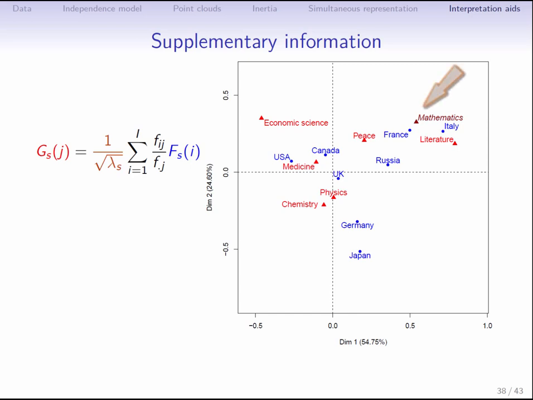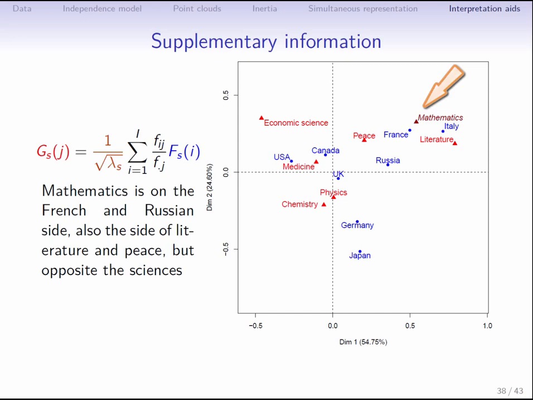We see in the plot that mathematics is located next to the Nobel Prizes for Peace and Literature. Does this hint at the underlying connections between mathematics and philosophy? Perhaps. We also see that mathematics is close to France and Russia, which are two countries with a particularly strong